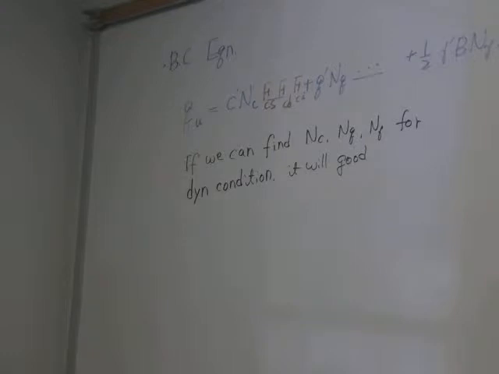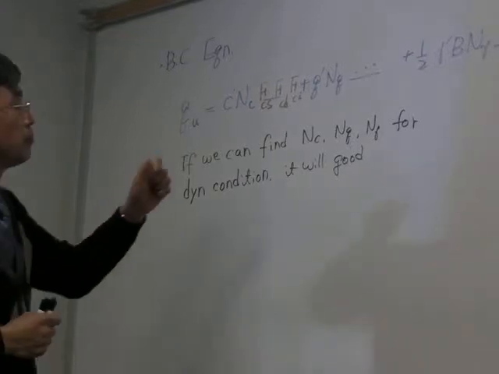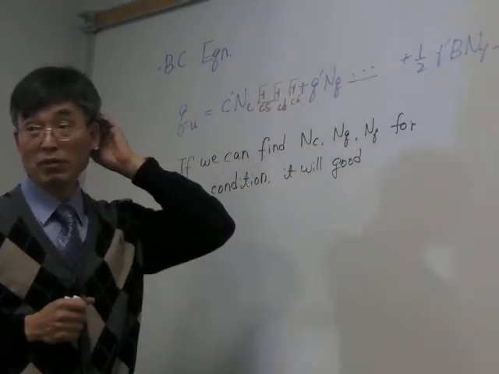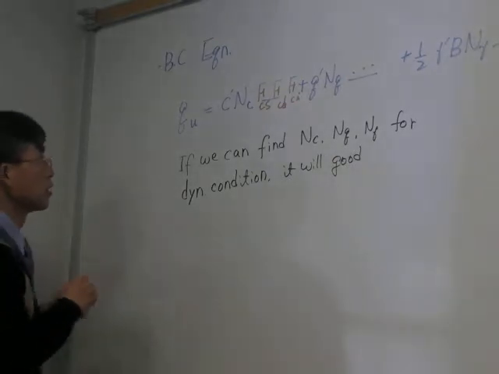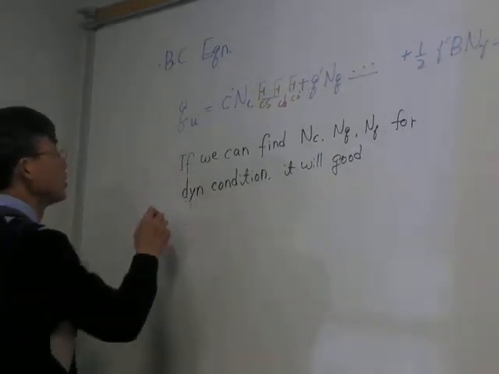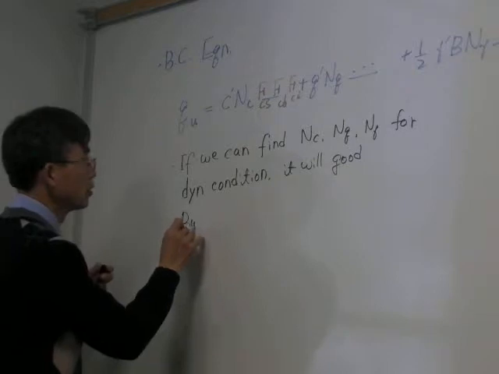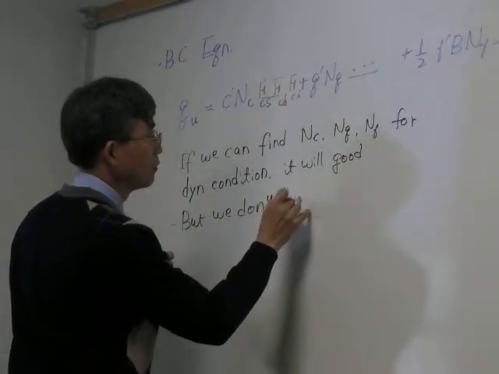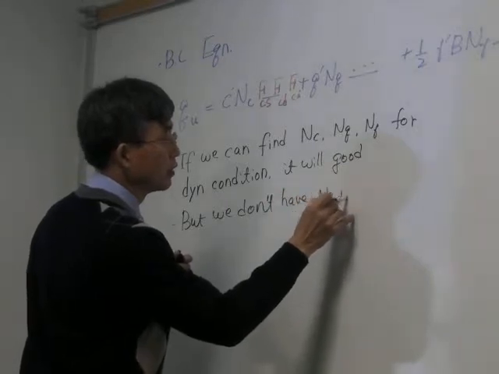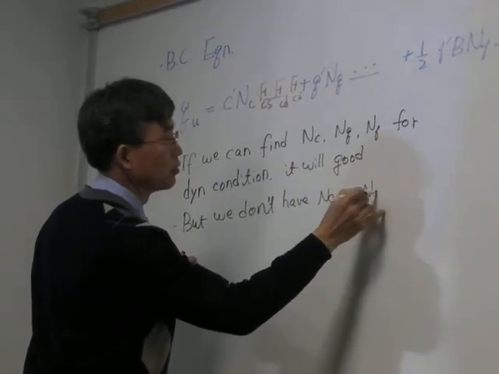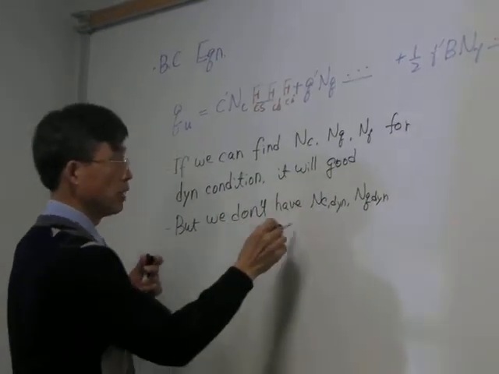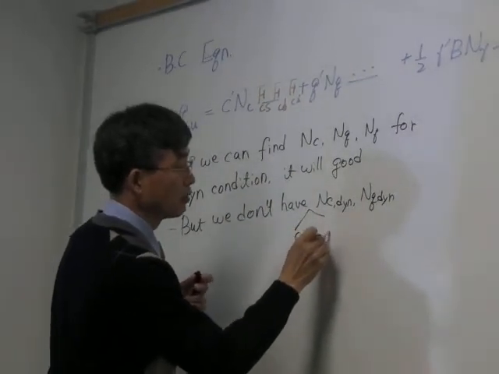But in real life, we don't have complete set of N sub c, N sub q, N sub gamma for dynamic loading. The reason is we don't have N sub c dynamic, N sub q dynamic, we don't have a complete set of